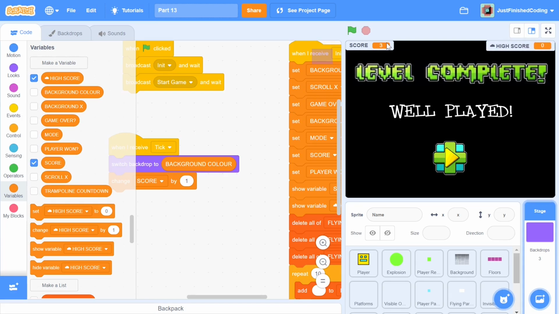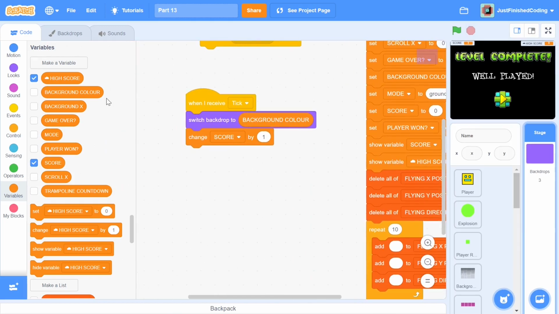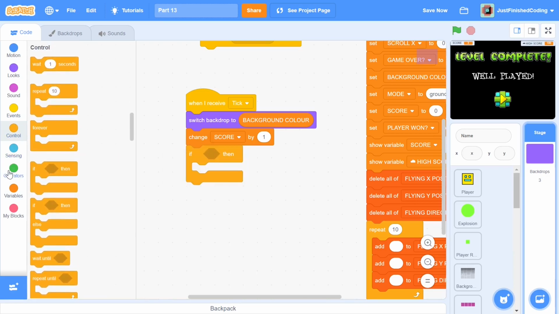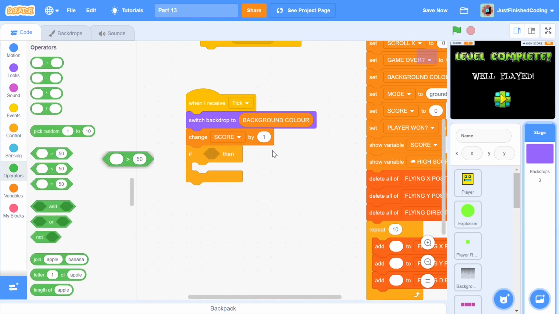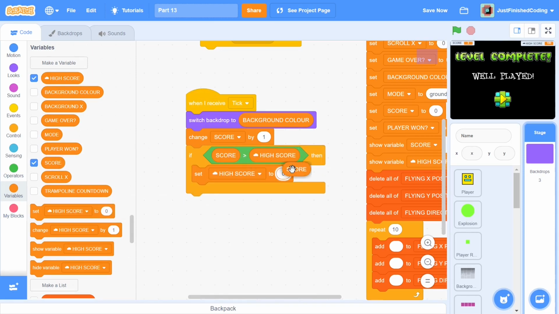So what you really want to do now is to get the high score to be on the other side, and you can just add in a show variable high score here. Now remember that the high score doesn't have a value yet. So what you can do is initially, set high score to be something like 100. Just click that block to make sure it executes. And you can add in a simple if script. So you can check within each tick if the score becomes greater than the high score. Now in case this happens, then we can simply set the high score to be whatever the score is. So it's constantly updating and checking if the score is higher, which is great.